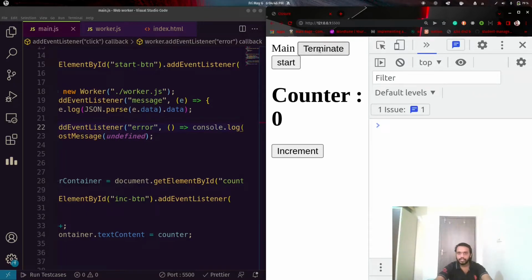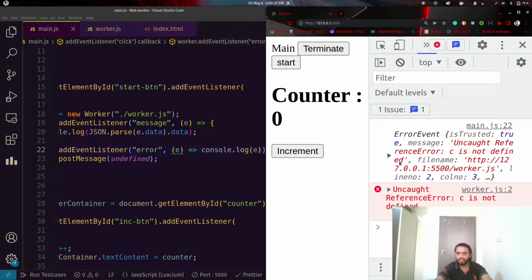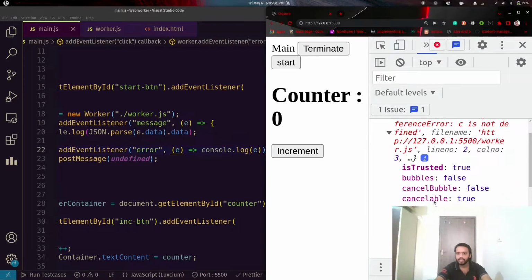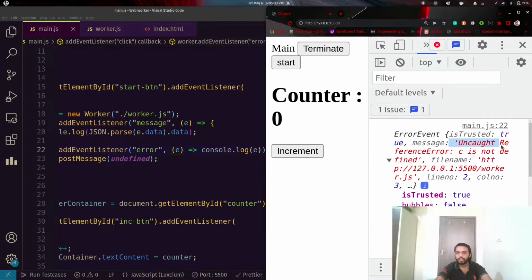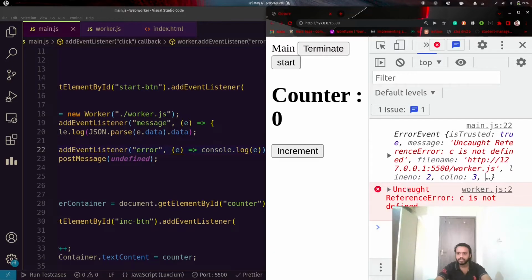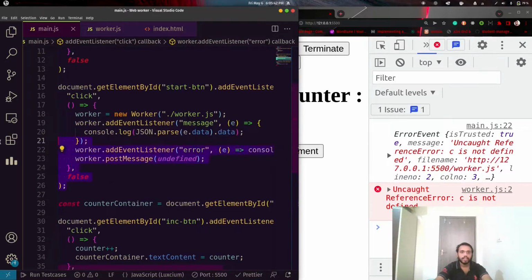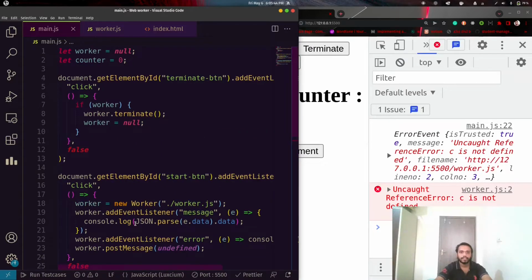So let's test it, and it is giving the error C is not defined. We are getting this error here: Uncaught ReferenceError: C is not defined in the file worker.js at line number 2 and column number 3. So this is how we can also handle errors.